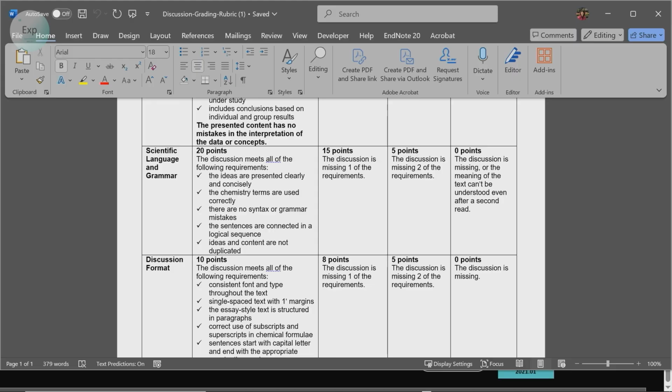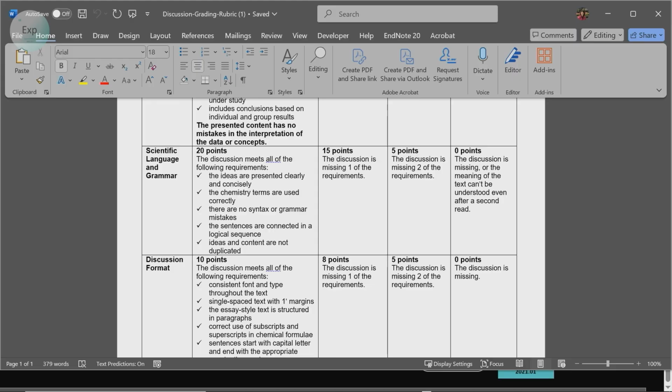The way I approach this is the following. If I read the text and I can make sense of it on the first read and only identify a few small mistakes that do not impede my understanding of the text, I usually assign full credit for that category. If there are multiple syntax and grammar issues, a few mistakes in phrasing, then usually that moves the students down